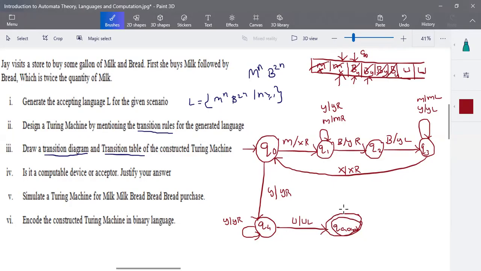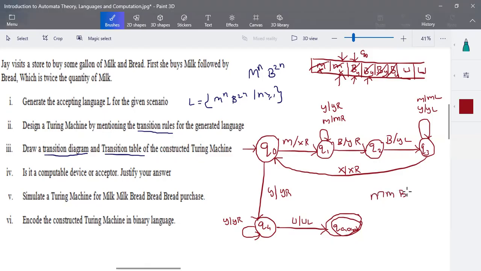We have to check for the rejection state too, right? How are you going to find the rejection state? In Q0, when the input is M or Y, we have all the transitions. In Q1, there are two possibilities. One is when you have an excess number of M's, another one is when you have an excess number of B's. When you have an excess number of M's, see when I have